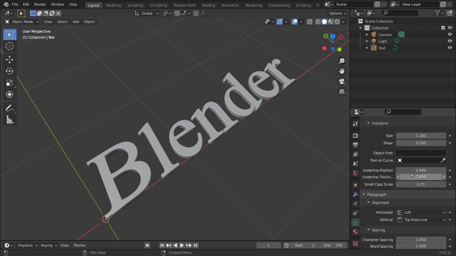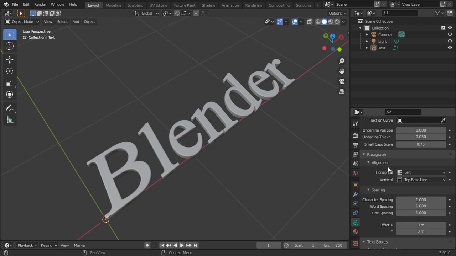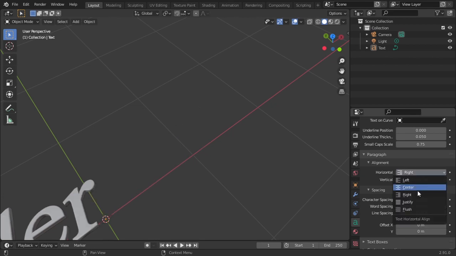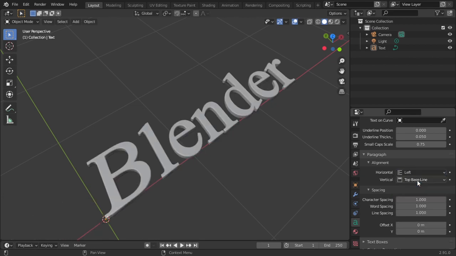And then we got a little bit of options which you can play with. Then we have got alignment. If you want to align it left, center, or right align, or justify or flush, I will keep it left align. Then we can define how the text should be aligned from top to bottom.